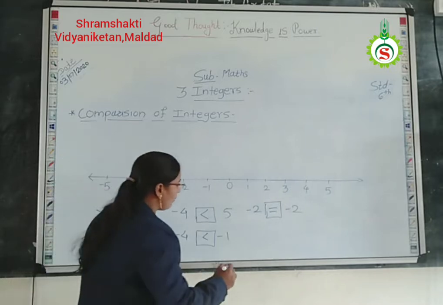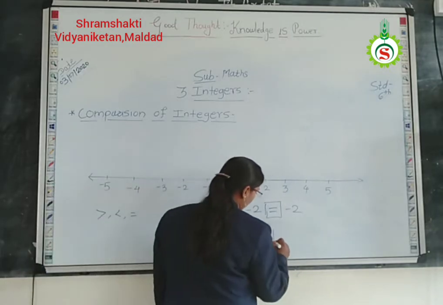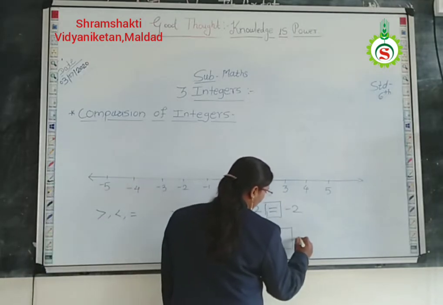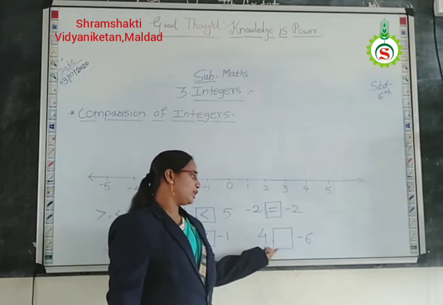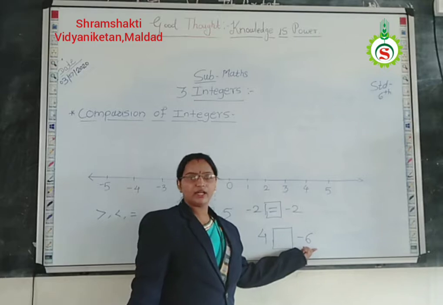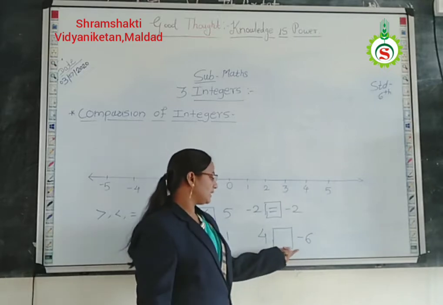Suppose I take example 4 and minus 6. One integer has positive sign and other has negative sign. So, in this case, the positive